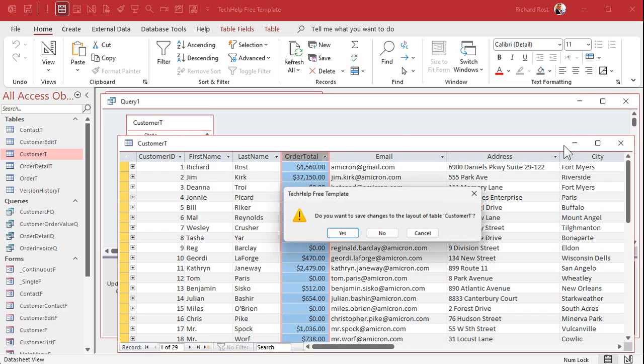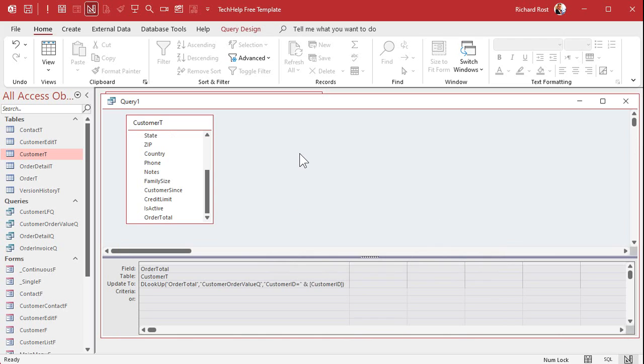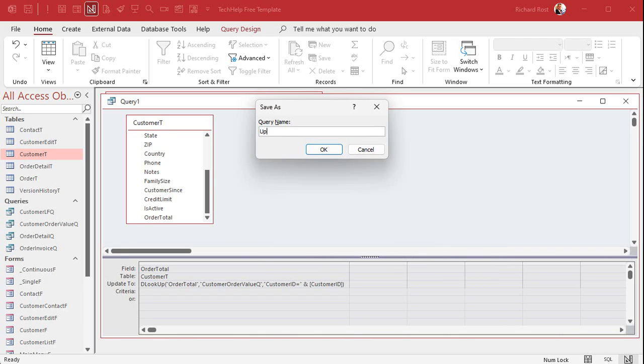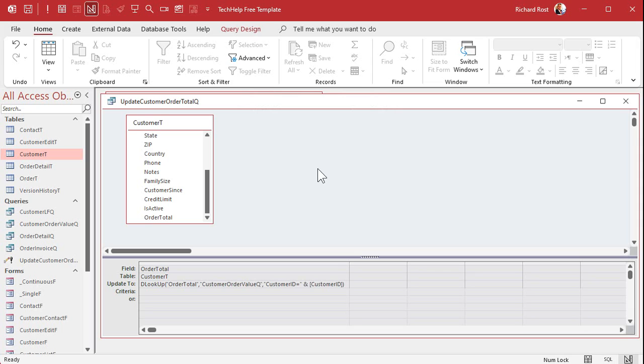Okay, so we can close this. Save changes. Sure, if you want to save this, you can save this, update customer order total queue, whatever. Okay, it's in the database for you gold members. All right, now